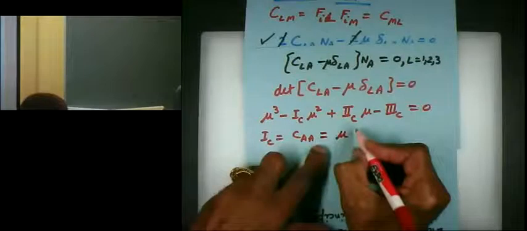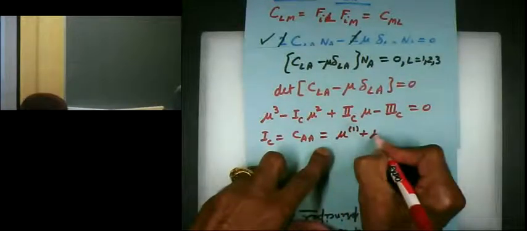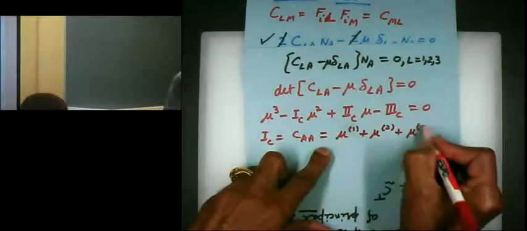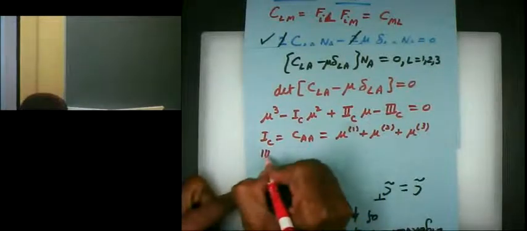CAA is the sum of C11 plus C22 plus C33, the sum of the three diagonal terms. It's a trace. And incidentally, if you do find the three eigenvalues, they come out to be the sum of these three. If you solve a cubic equation, the sum of the roots must equal the coefficient of the x squared term with the minus sign, because that's a theorem in algebra. I3 is simple, and that's the determinant of C.